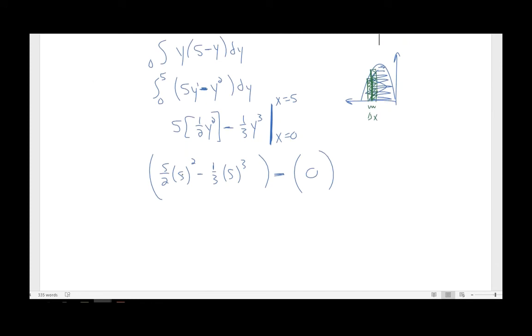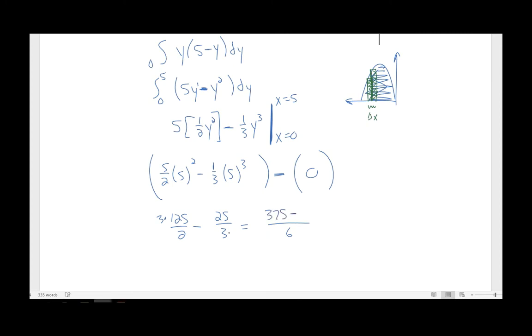All right, so let's see, 5 squared is 25. 25 times 5 is 125 halves. And then 5 cubed is 125 over 3. Then I would need to get a common denominator here. So the common denominator between 3 and 2 would be 6. So I multiplied this by 3. I need to multiply that by 3. And that is